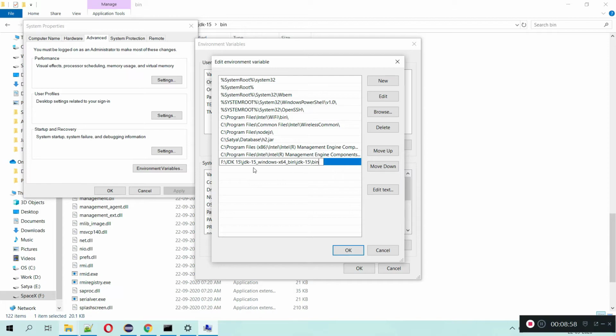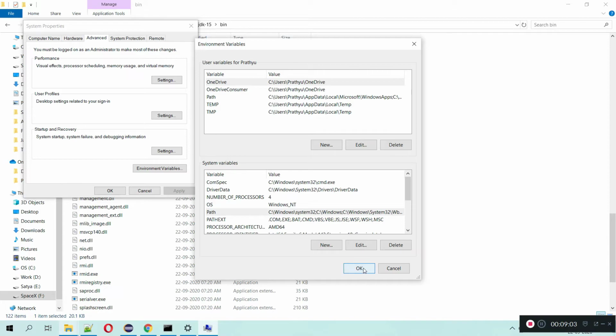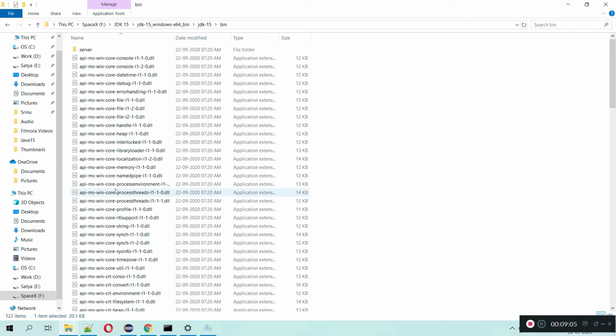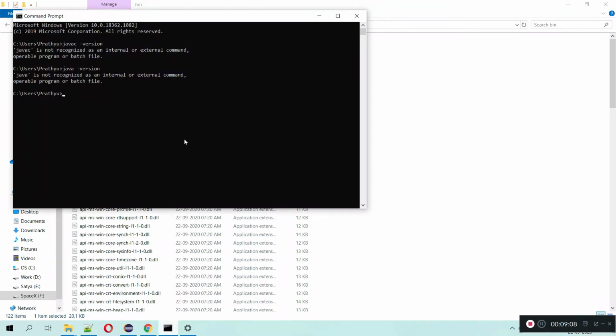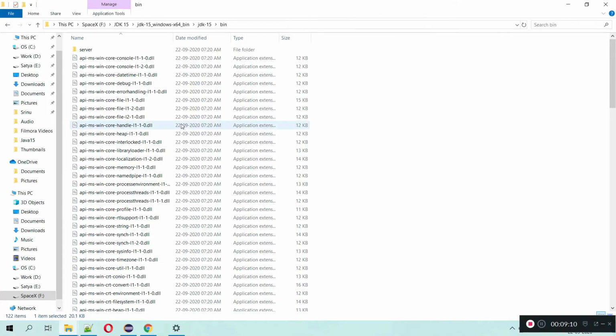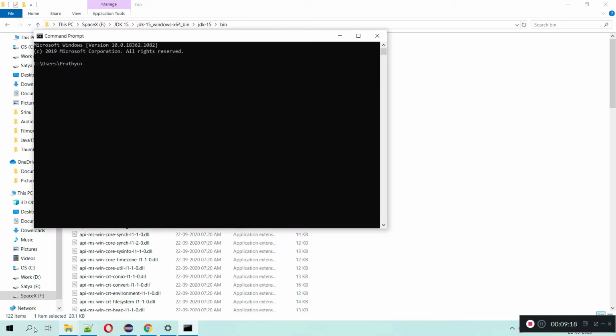Okay, I think that's it. You can start using this one. This command prompt won't work, let me open a new command prompt, because that one was opened before setting the path. Now you can see the version of the Java compiler. Yeah, it is javac 15, and the Java runtime environment version, we'll see, yeah, this is also set to Java 15.